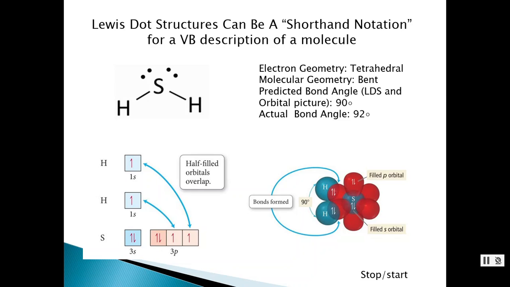So in the previous video, we introduced the valence bond theory of how covalent bonds are formed. We talked about how orbitals overlap from adjacent atoms. Orbitals overlap with each other, and that overlap causes sharing of electrons to form the covalent bond. And we ended with this slide by saying that Lewis dot structures can be a shorthand notation, a guide for a valence bond description of a molecule, along with taking a look at the orbital diagram, specifically for the valence